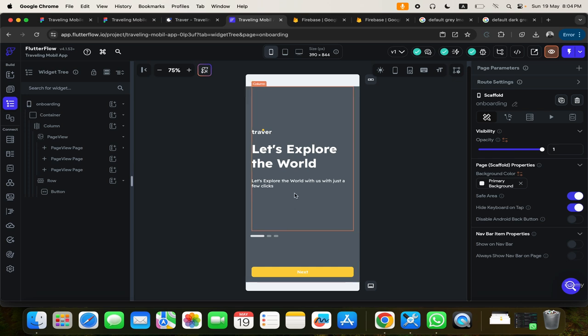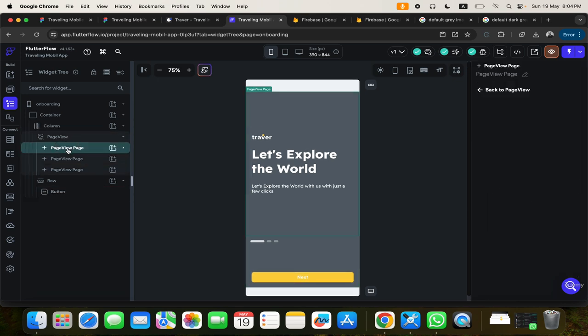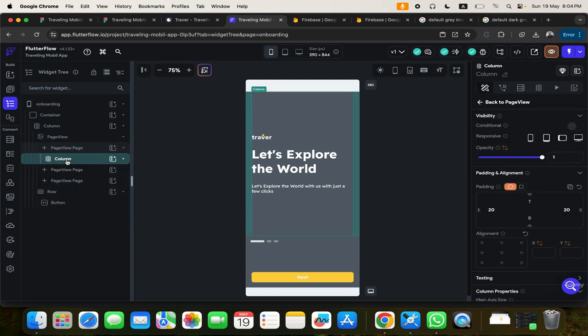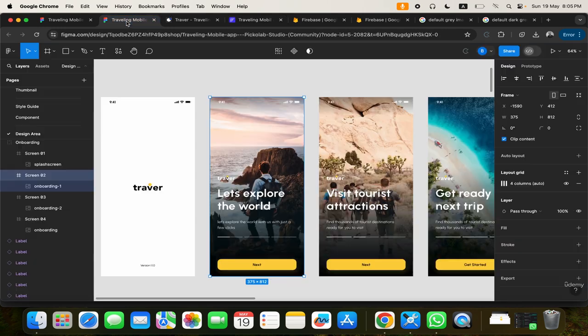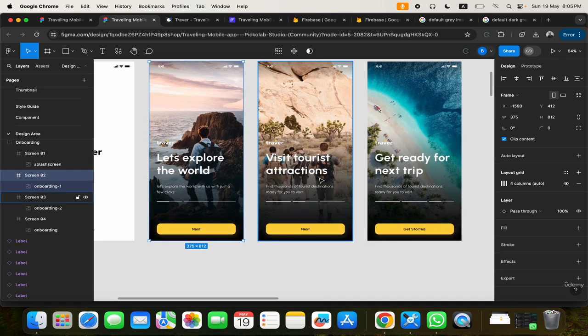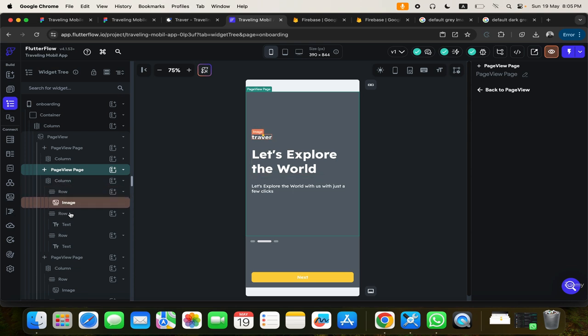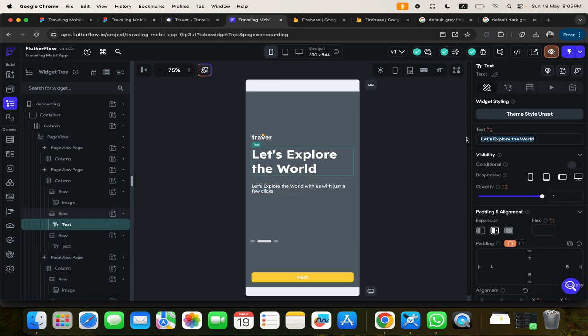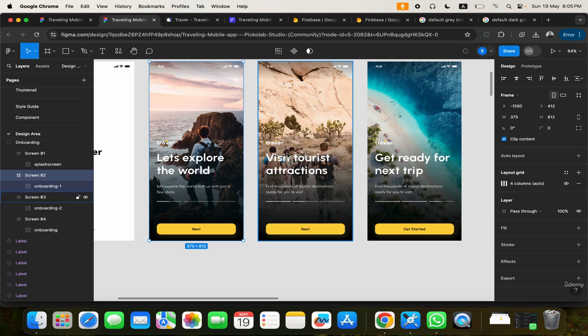What I just need to do now is go ahead and copy the content of this column. I'm just going to copy it, Ctrl C, click on these and paste it. In the second one, click on these and Command V to paste it in a tab. And then I can just change some things. Visit tourist attractions. So for this one now, I'm going to click and change it to visit tourist attractions. And it says here,